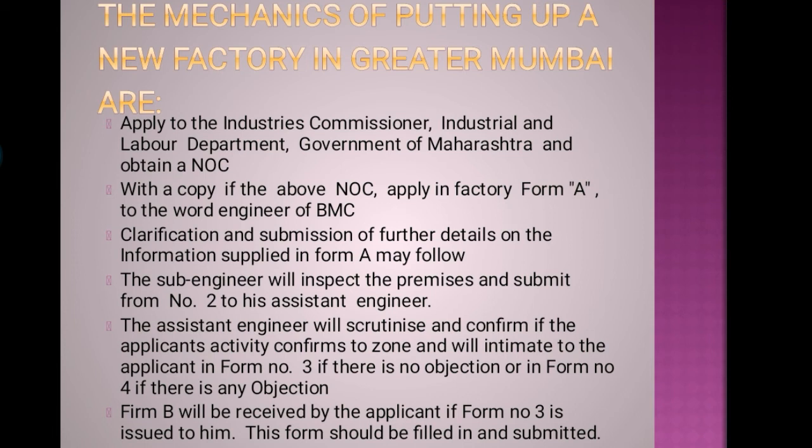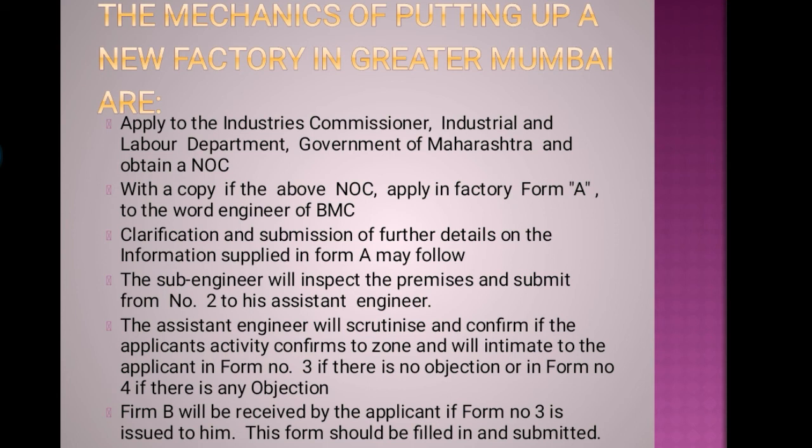Next, sixth, Form B will be received by the applicant if Form number 3 is issued to him, that is without any objection. This form should be filled in and submitted further. Next, within 21 days after the submission of Forms A and B and the factory plans in triplicate, that is 3 copies, the assistant engineer will issue Forms number 5 and 6 in which he or she will specify